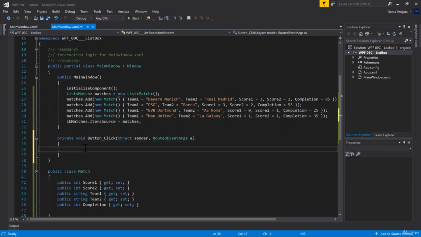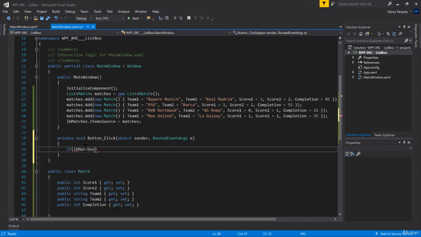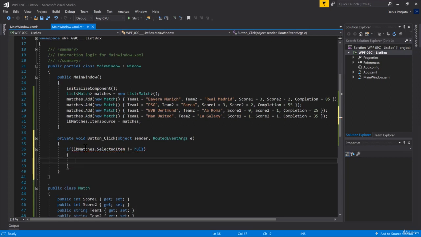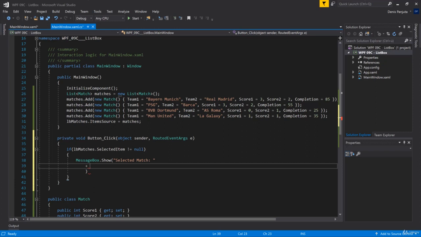It's just gonna check if the match that was selected is not empty. So lb matches dot selected item is not equal empty or null. Because if it's null, then I don't want anything to happen. But if it's not null, I want to show something in the message box. And I'm gonna show something like selected match is going to be plus, and in here I'm gonna show all the different matches. So I need something like lb